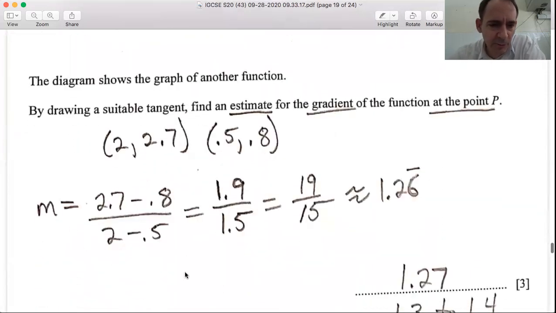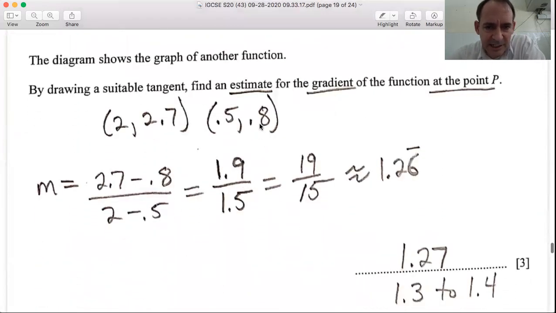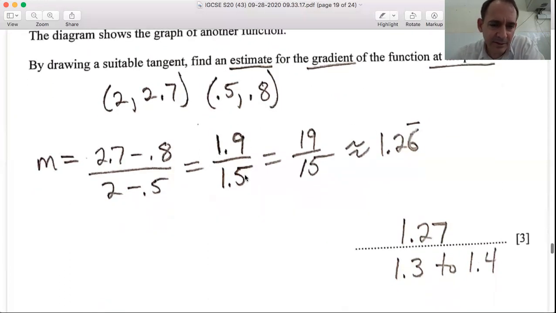So we use our slope formula, change in y over change in x. I went this direction, 2.7 minus 0.8. So the change of x, I also have to go this direction, 2 minus 0.5. That gives us 1.9 over 1.5, which comes out to 1.26. So I rounded it up to